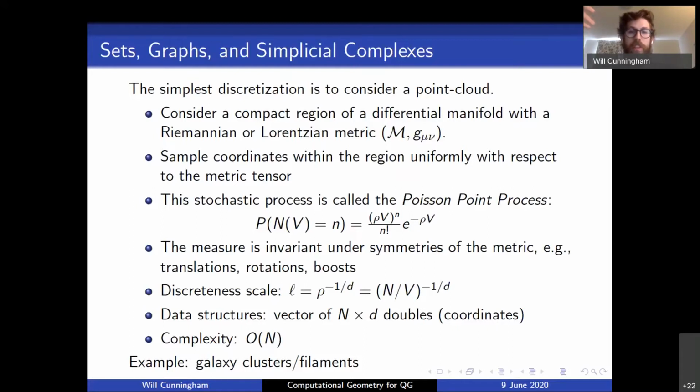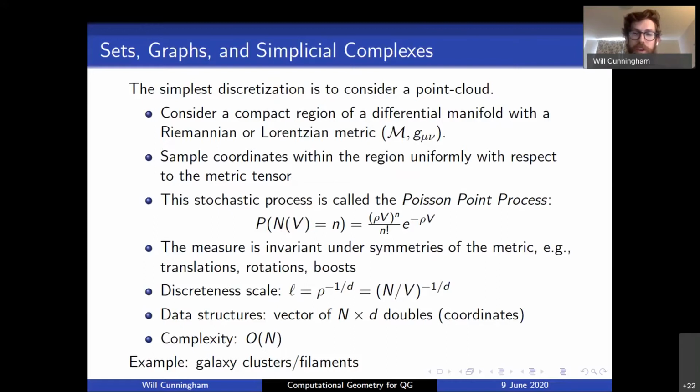So in the Lorentzian case, we might be interested in understanding how to discretize, for instance, the inside of a black hole. And that has a natural null boundary. And so that's one good example of a compact region where the boundary is, in fact, something that's physical. So this stochastic process that we're using is called the Poisson point process. And what this says is that in any given volume that you pick within your larger region, the expected number of points in that volume is going to be a Poisson random variable. So what that means is that for